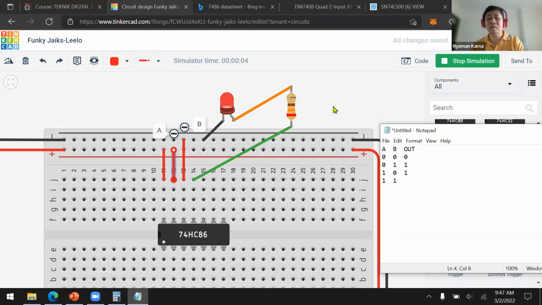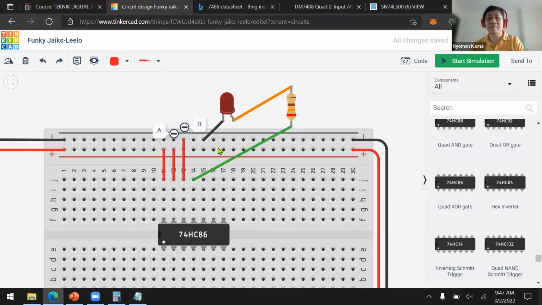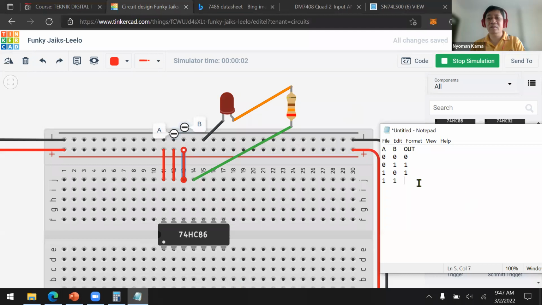Also 1, because the LED lamp is on. And then the last one is 1 1. The output of 1 1 is 0. So this is the XOR gate. It's similar to the OR gate. The difference is the last combination, which is 1 and 1. In the OR gate, the output will become 1, but in the XOR gate, the output will become 0.